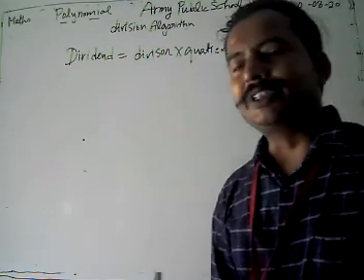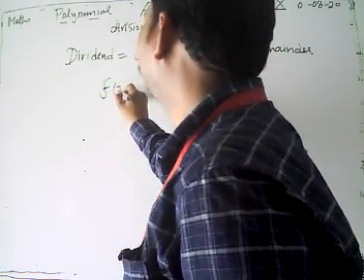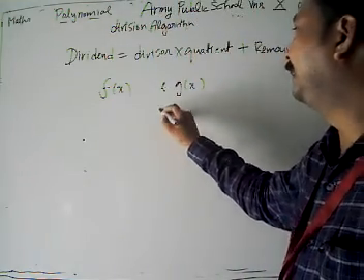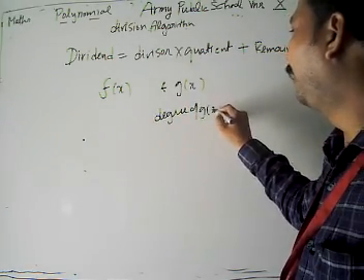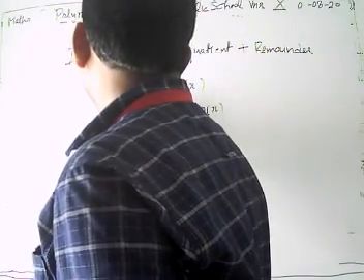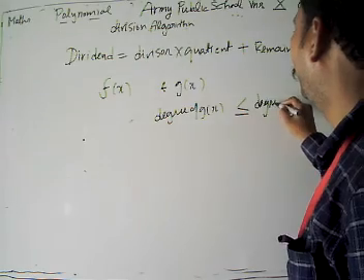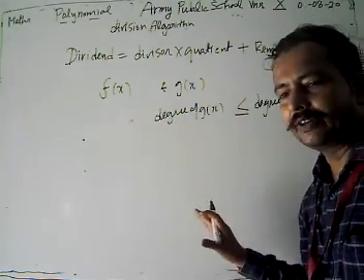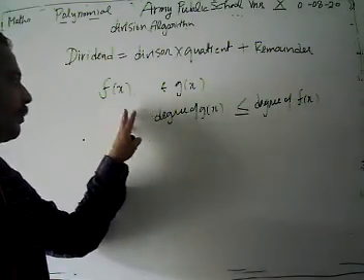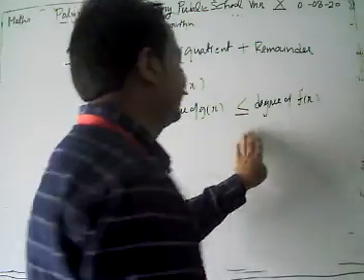Now look, how can we define our division algorithm in terms of polynomials? Just suppose we have two functions f(x) and g(x), where the degree of g(x) is less than or equal to the degree of f(x). We are going to define the division algorithm with respect to these polynomials f(x) and g(x), in which the degree of g(x) is less than or equal to the degree of f(x).